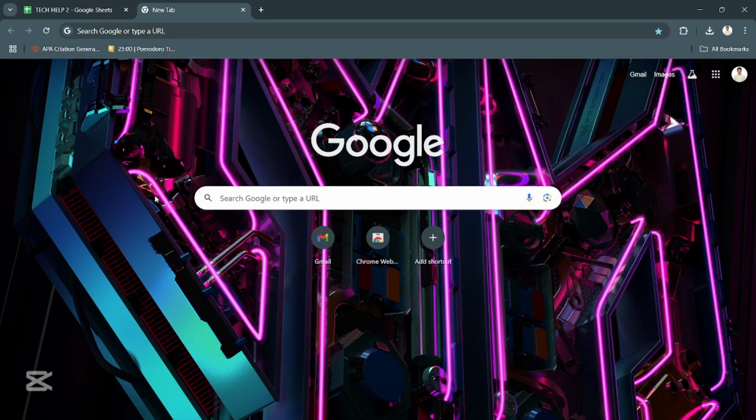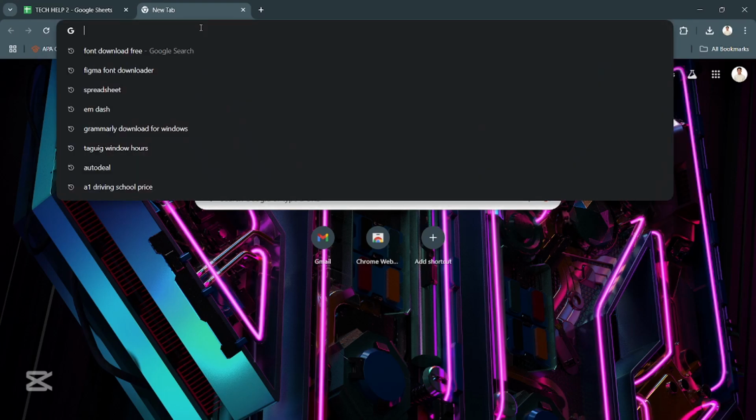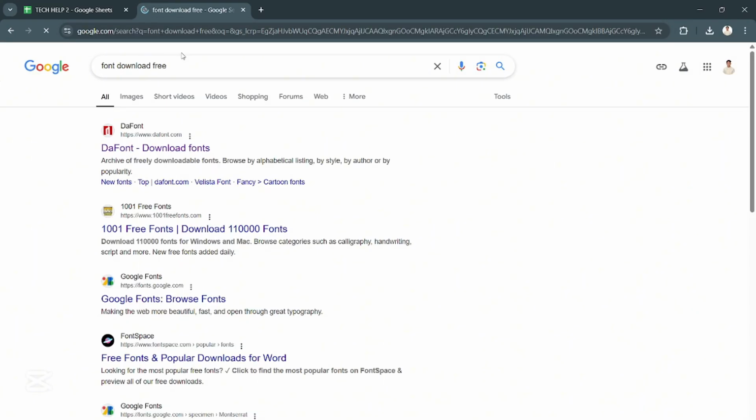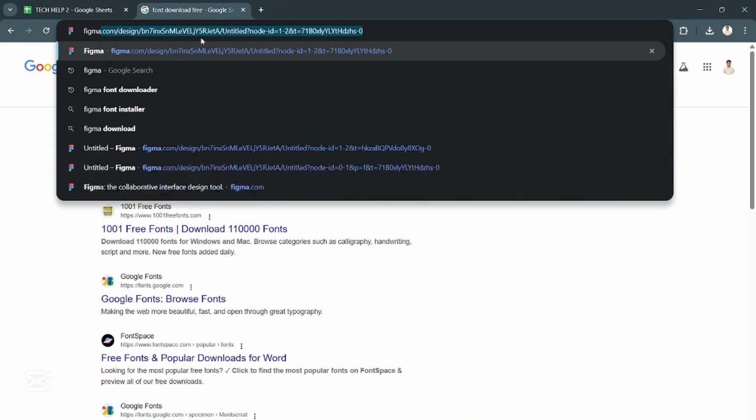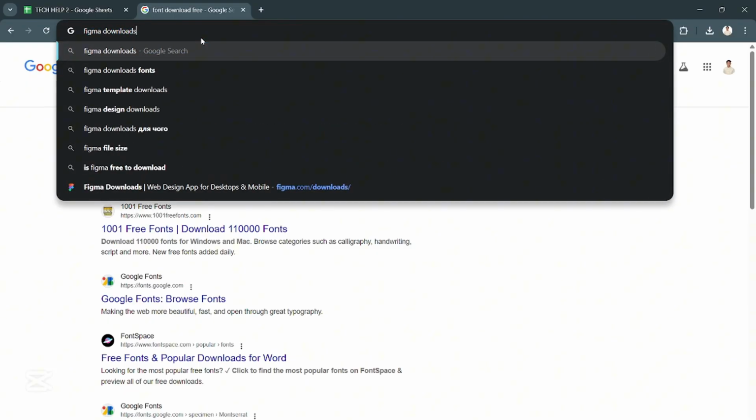So today I'm going to show you how you can add new fonts in Figma. So very quickly, there are two things that you first need to do. So go to Figma, downloads,